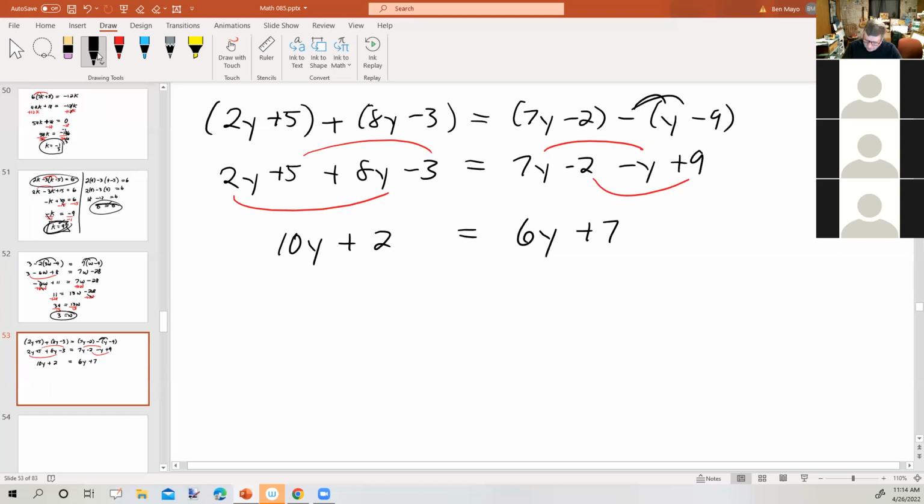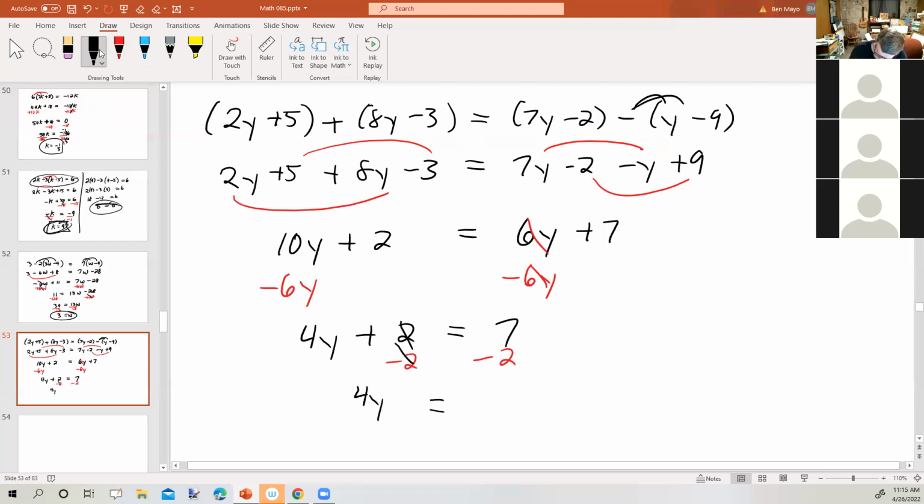Okay. Let's put the variables on the left, which means we need to get rid of them on the right. But since I subtract 6y from the right, I have to subtract 6y from the left as well. 10y minus 6y is 4y. 4y plus 2 equals 7. Since we have the variable term on the left now, we want the constant term on the right. So we'll subtract 2 from both sides of the equation. 4y equals 5. And now to further isolate the variable, divide both sides by 4. Y equals